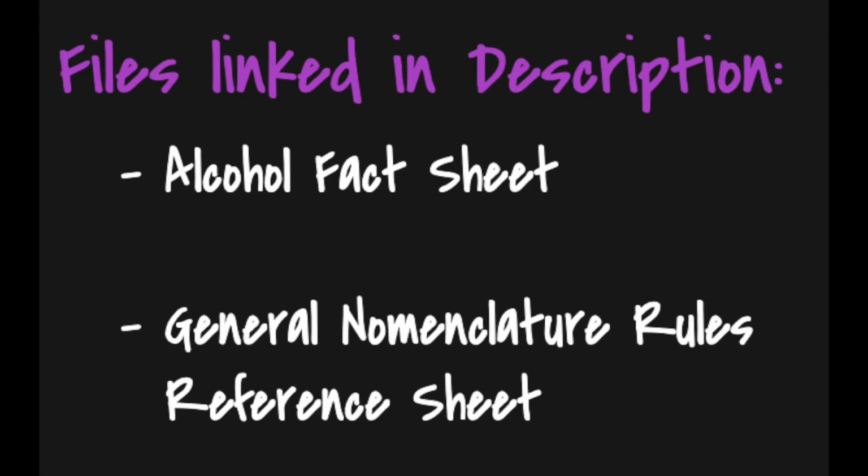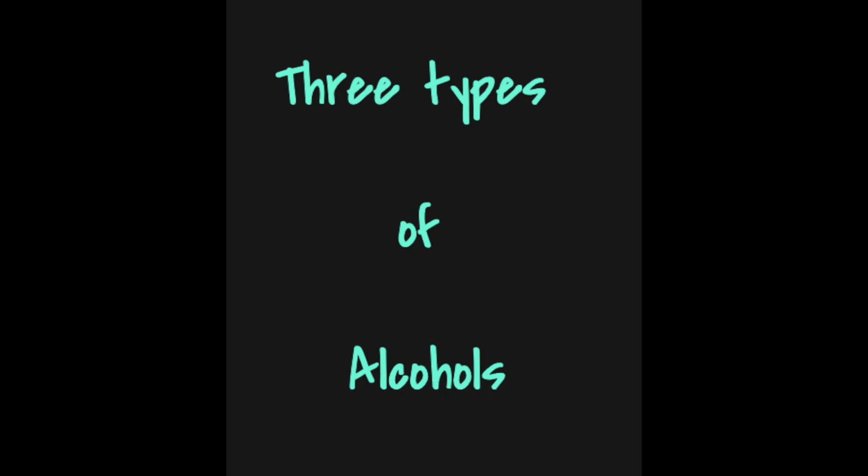The fact sheet serves to provide additional information about alcohols that's not explained in the video, such as solubility, boiling point, and real-life applications. The reference sheet is available for you to print out and utilize when working through the problems. Alcohols may be classified as primary, secondary, or tertiary according to which carbon of the alkyl group is bonded